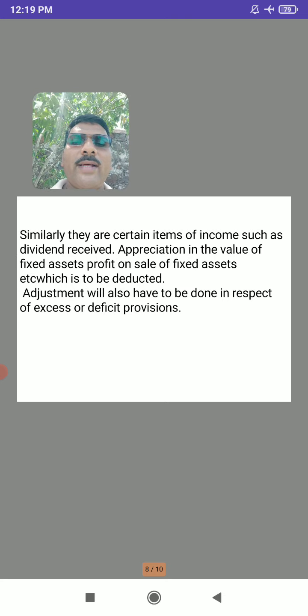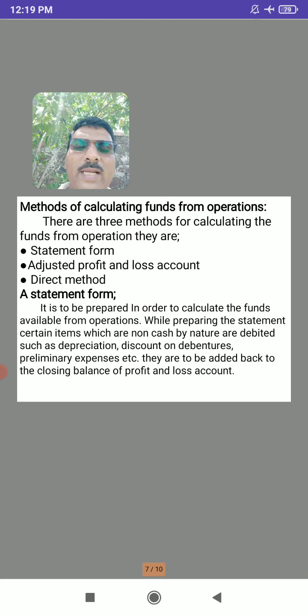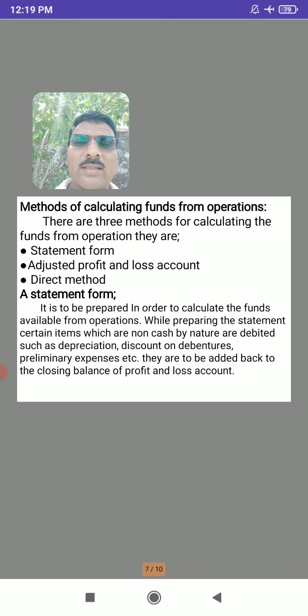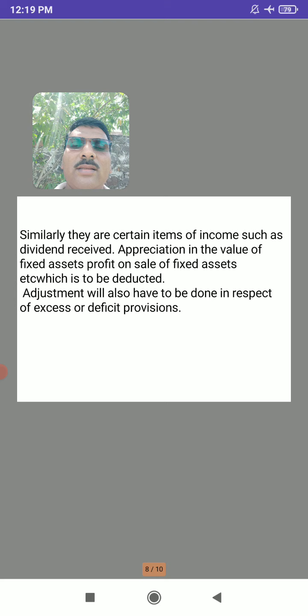Then we have to add the non-operating expenses like discount on debentures, depreciation, preliminary expenses, and other things. And in the same way, the non-operating incomes are to be deducted from the